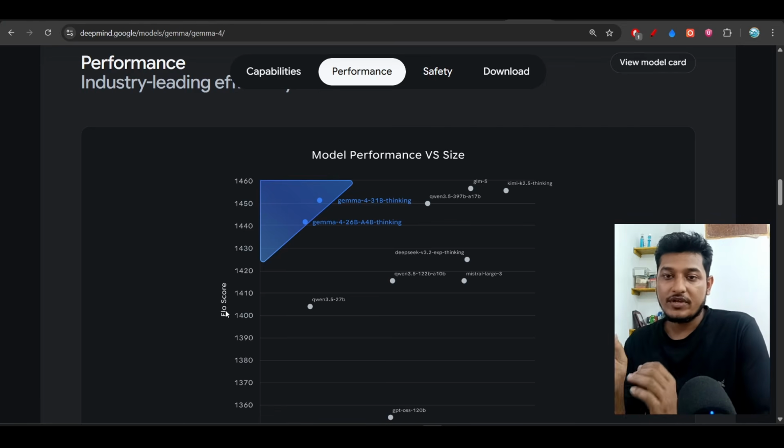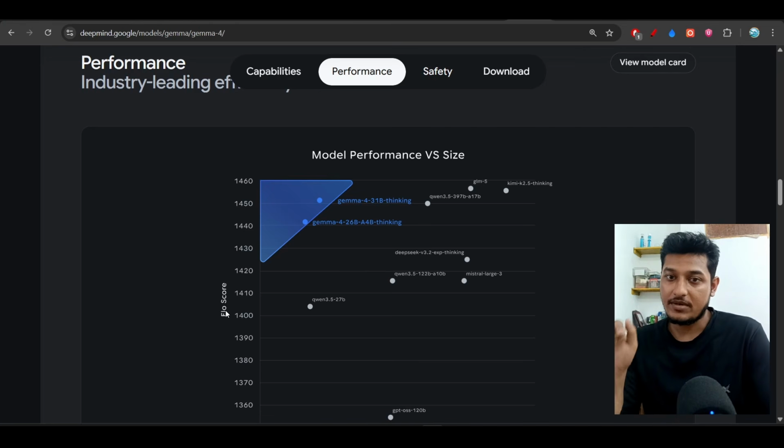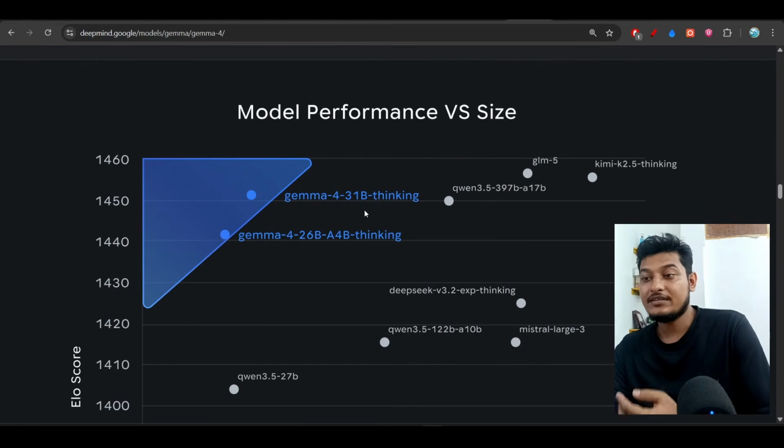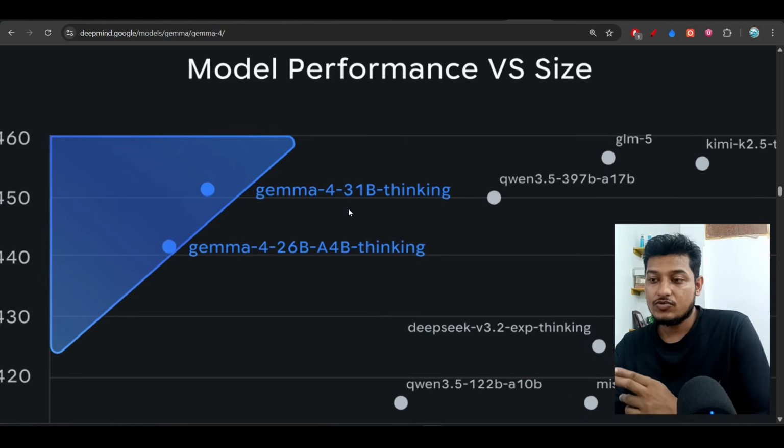If you give a task to different models, two models give you the answer. If you find that model A has given the correct or expected answer in a better way, then you vote for model A. And whenever you vote, you will see the model name. This is basically the Elo score system, and they have found that this Gemma 4